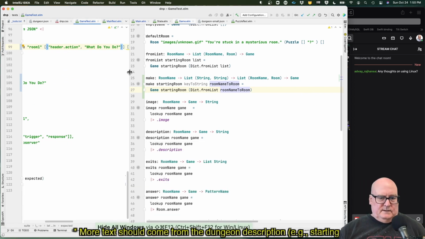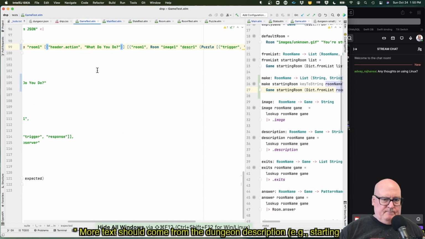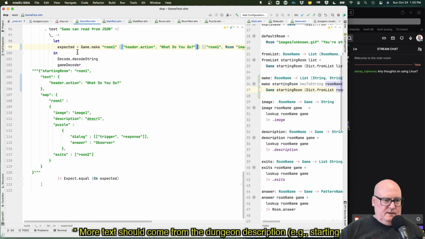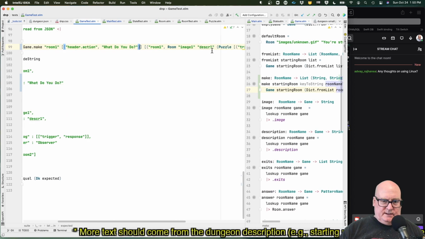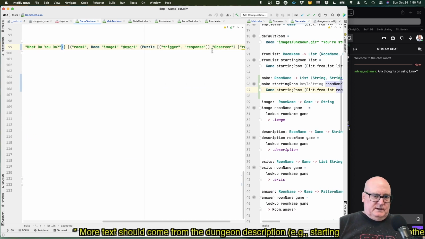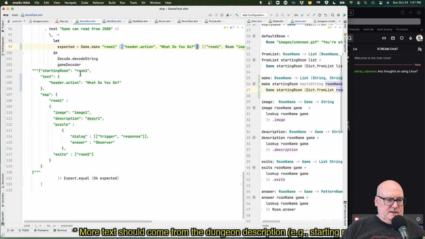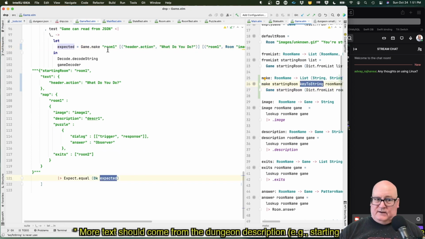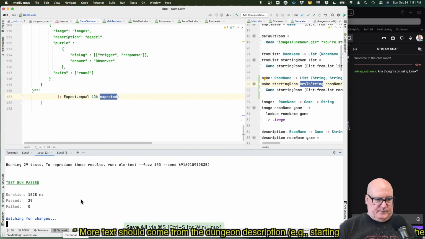Expand that. Okay, game.make room 1. It takes a list of string to strings. It takes a list of room to rooms. And it reads this, and it should come out with that. All right. Now, we're not doing anything with this yet. This is kind of a minimal thing to make the test fail. All right, so I'll save. We'll see our terminal.